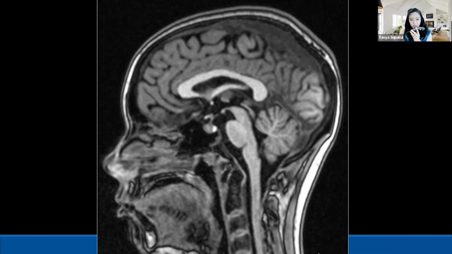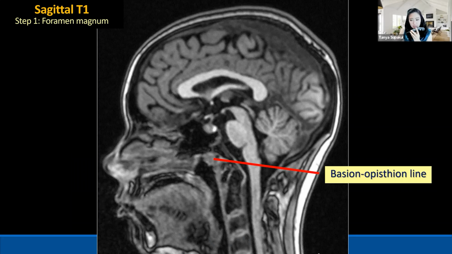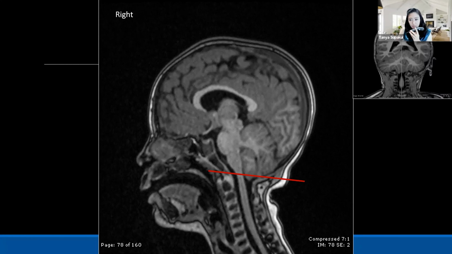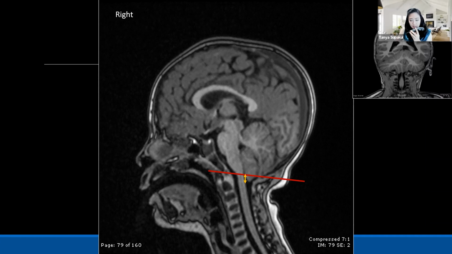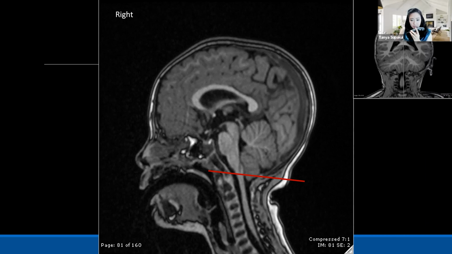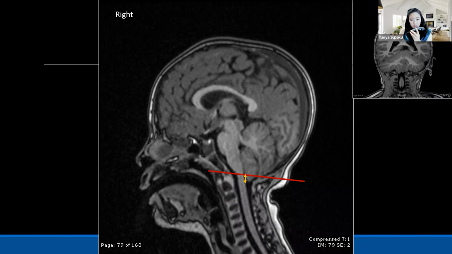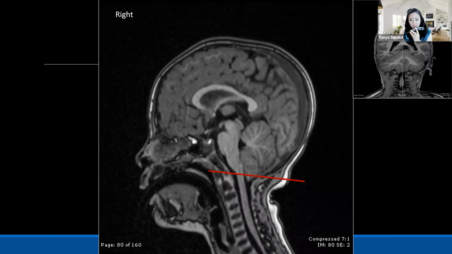And the last one is the corpus callosum. So for the foramen magnum, you draw the line between the tip of the clivus and the occipital condyle that we call the basion-opisthion line. And then you put your cursor on that line. Let's look at these images. I have the sagittal images and also coronal for you to correlate. We draw the line, we put the cursor over there, and then we move the images right or left to see if there is any low lying of the cerebellar tonsils below that line, to call it abnormal. Like for Chiari 1 malformation, there is low lying of the cerebellar tonsils more than 5 millimeters and also a peg-like appearance.